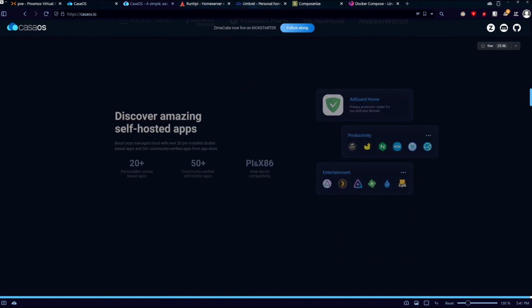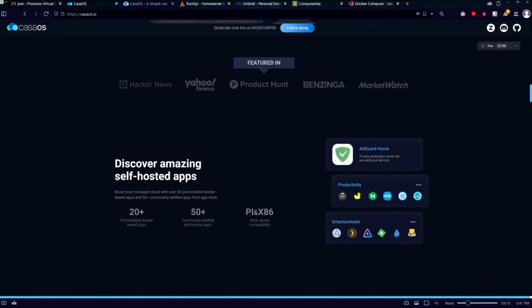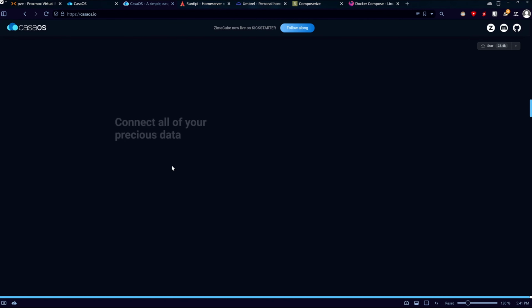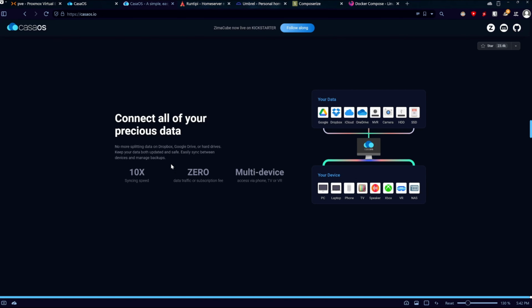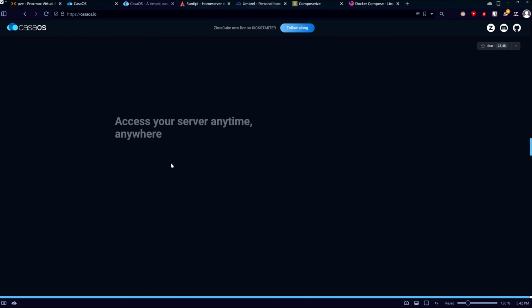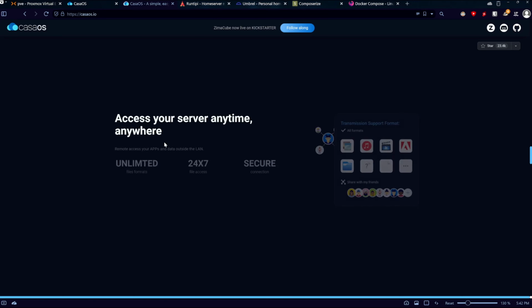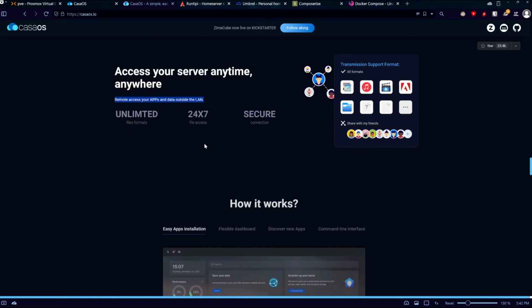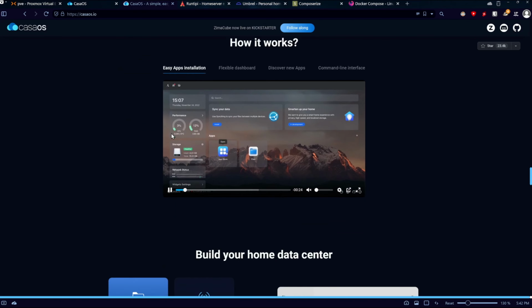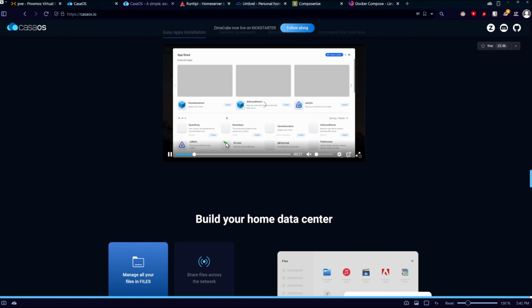We have seen in my previous videos that you can self-host multiple applications, and they do have a very complete app store where you can download everything, and I'll be able to show you how to do that, guys. And as you can see, if you have a VPN, you can remote access all of your containers from a different location,